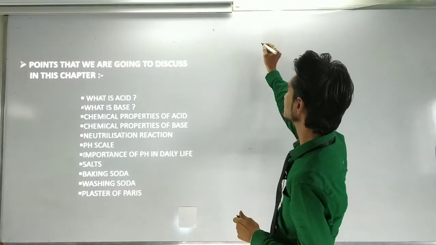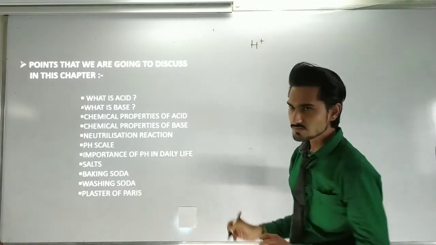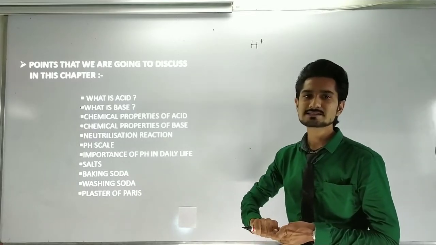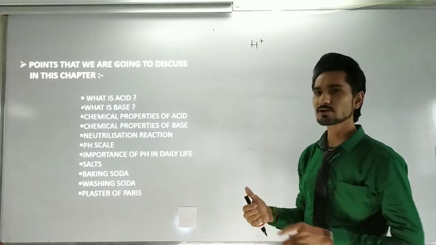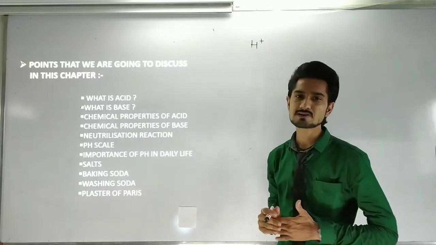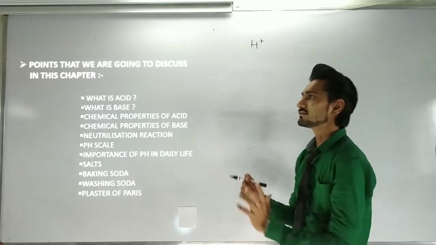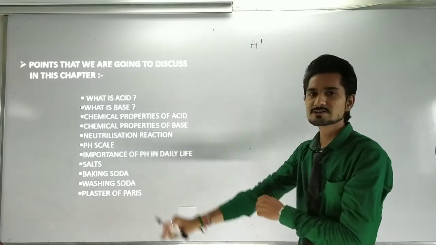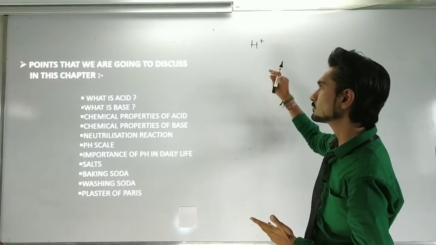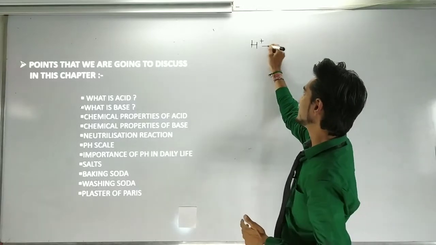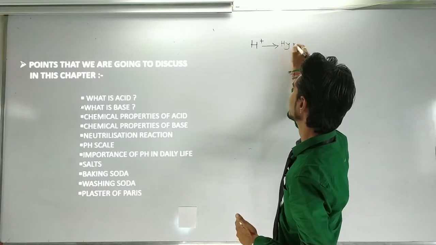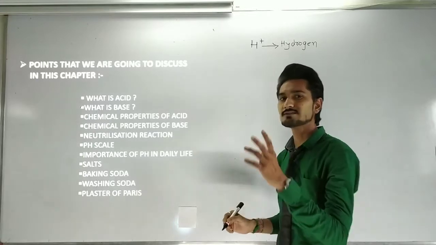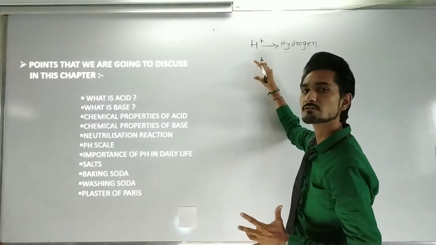First we will have to understand what H plus is. Sometimes H plus comes up, and you can go to the standard 9th elements table and their symbols to easily memorize it from there. You have learned the 18 elements table in standard 9, and some of the elements are coming from there, but those elements which do not come there, we will have to prepare here. First one is H plus. H plus is known as the hydrogen ion. So whenever H plus comes, you can easily understand that sir is talking about the hydrogen ion.